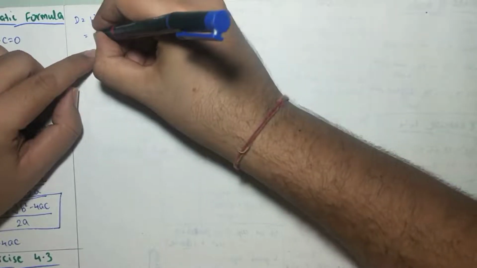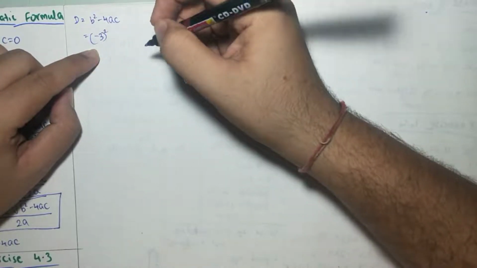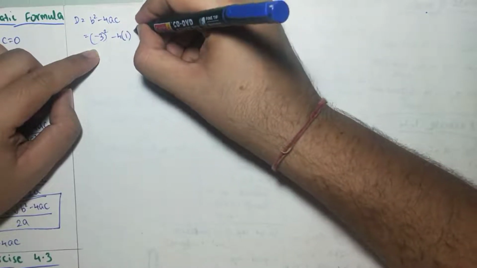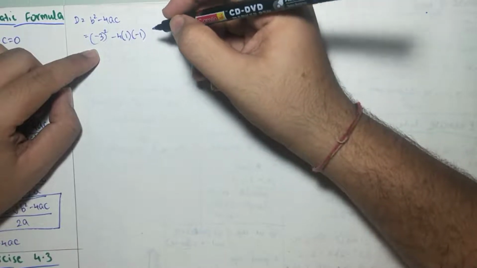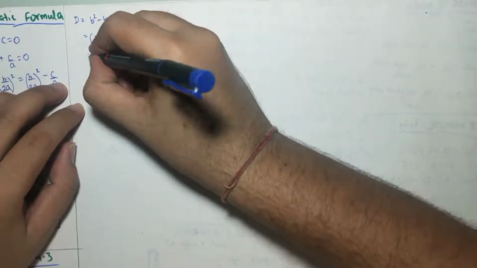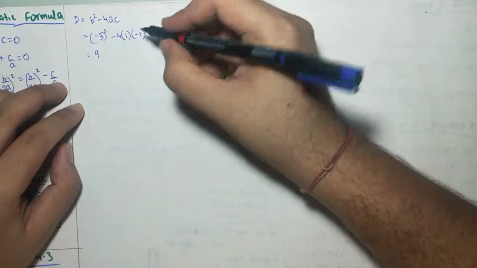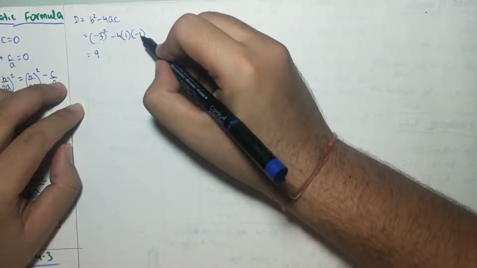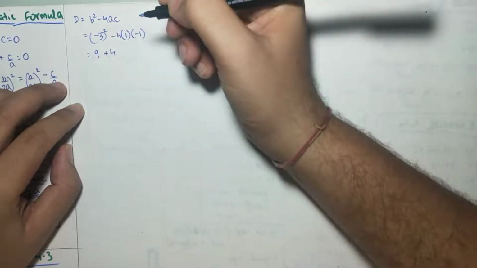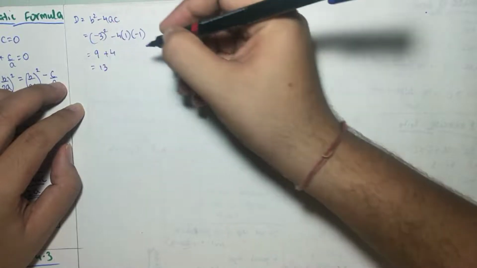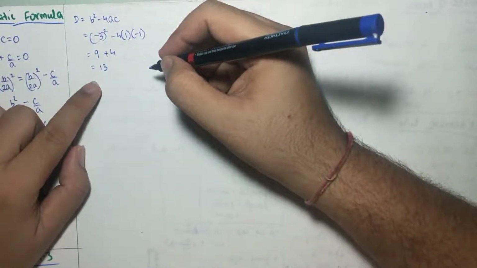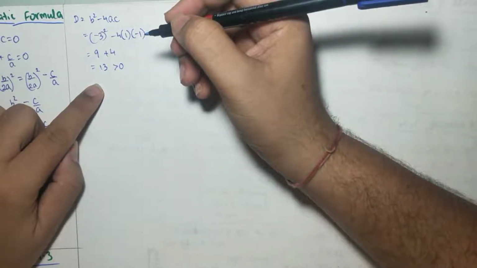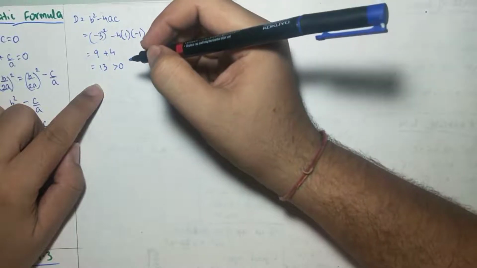What is the value of b? b was minus 3 and we have to square it, minus 4 into a, which is 1, and c, which is minus 1. This minus 3 square will be 9, positive 9. Minus 4 into 1 is minus 4, into minus 1 is plus 4. So 9 plus 4 will be my answer. So the discriminant is 13. As you can see, D is greater than 0, so the roots are possible. So we can start finding the